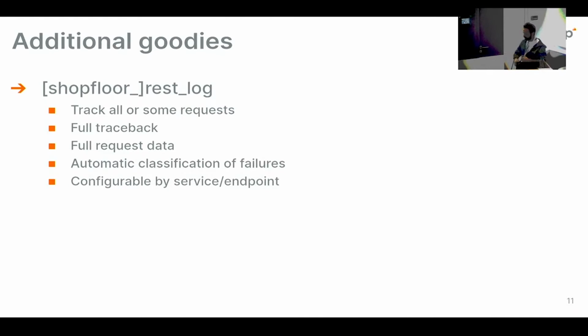So on top of this, one of the most important modules related to the REST framework is RESTlog and its companion Shopfloor RESTlog. This is very handy because it allows you to track any request that happens to Odoo. If you don't know why something went wrong, with the customer yelling at you, "But I scanned this thing in the warehouse and it doesn't work," you go in the Odoo backend and you have the list of all the calls classified by state, so it's failed or not, and also classified by